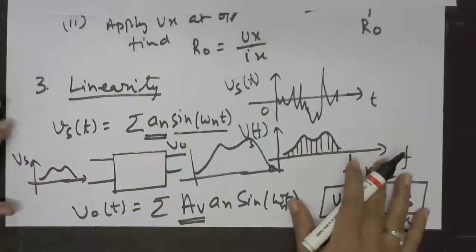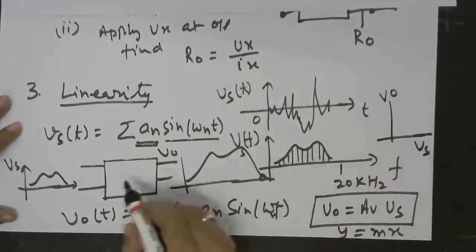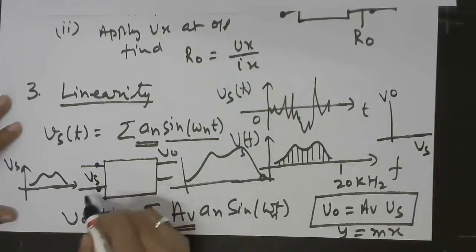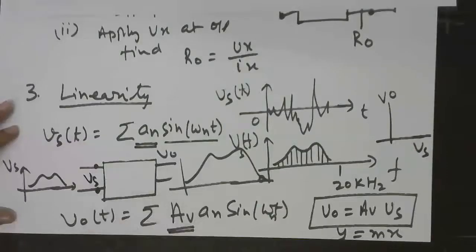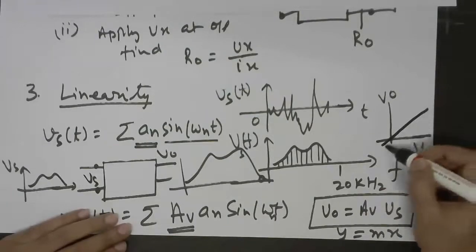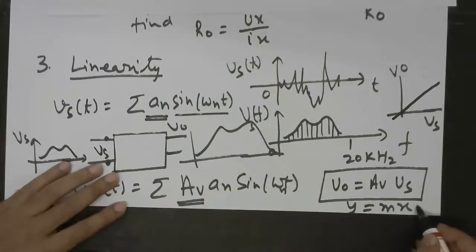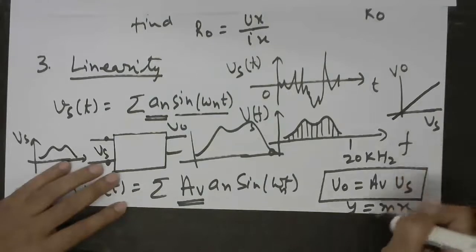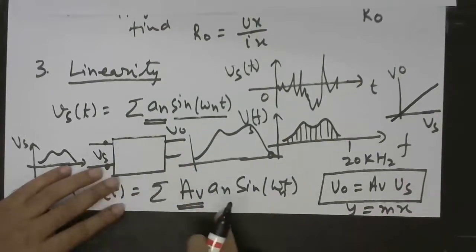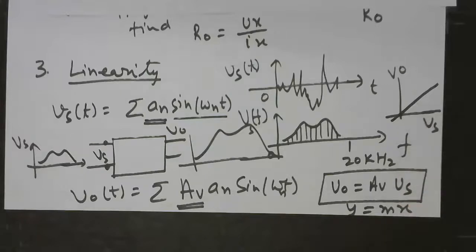Right. So if you see the plot of output versus input, which we are taking here as Vs because we are applying Vs directly here without any internal resistance of the Vs, then it should represent a line passing through the origin. There should not be any DC component. A constant is permitted in this equation in mathematics, and even then it remains a line, but we do not call that equation linear, because in that case there will be a DC component available here. So we want this kind of behavior from the circuit.